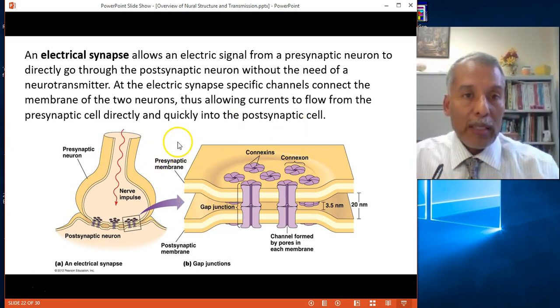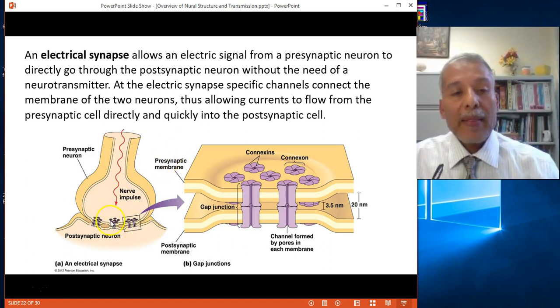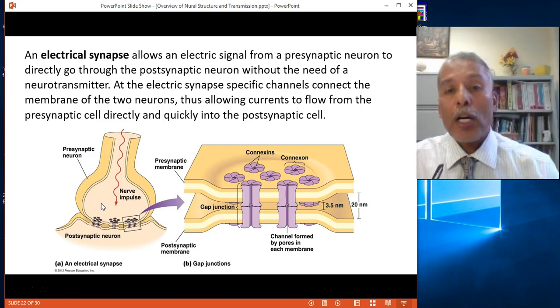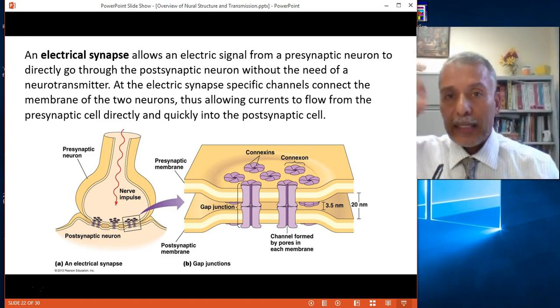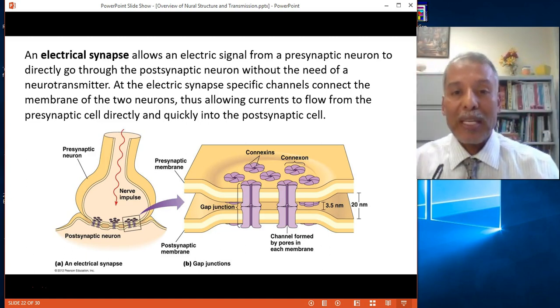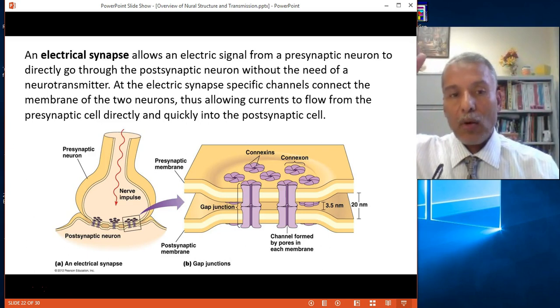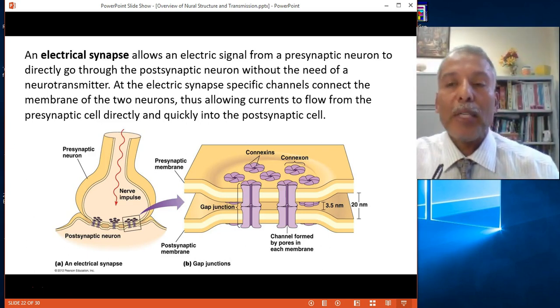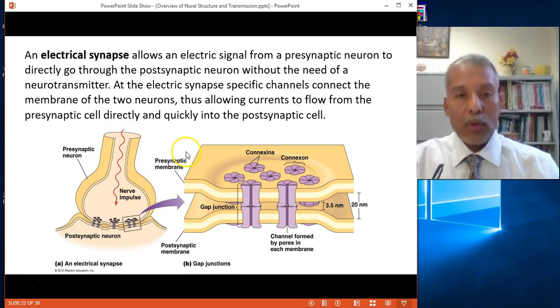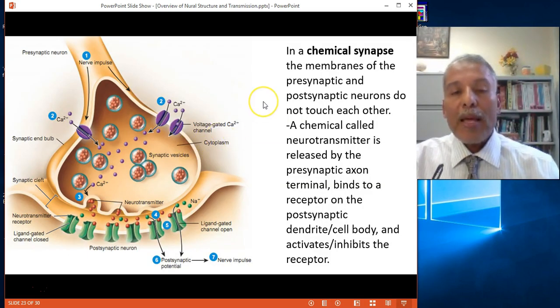And I need you to understand that in this case, the fluid of the two membranes of the adjacent neurons are physically connected with gates, with pipes, that allow a chemical that brings a signal or an electric impulse to pass directly without any intermediary from one cell to the next. The chemical synapse, the most common one in the human nervous system now,